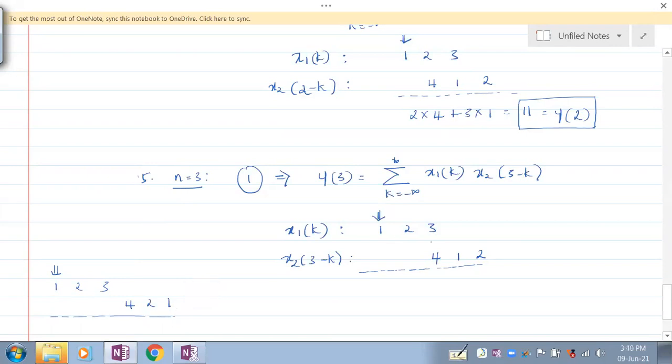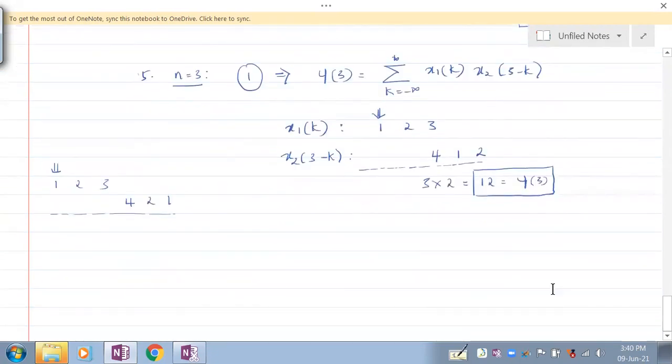Okay. And what is that sample? It is 12, as you were suggesting. So it is 12. That is your y of 3. So therefore, what is the convolution sum? We have to write that. So y of 4 will not exist because when it is y of 4, the sequences are not overlapping at all. All the players have handshaken with all the other players.